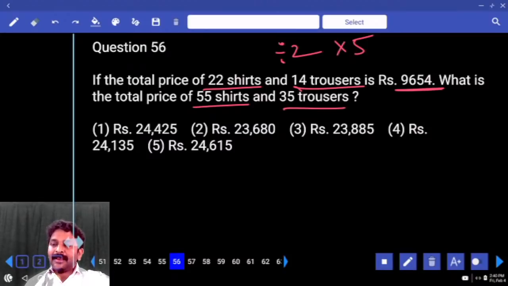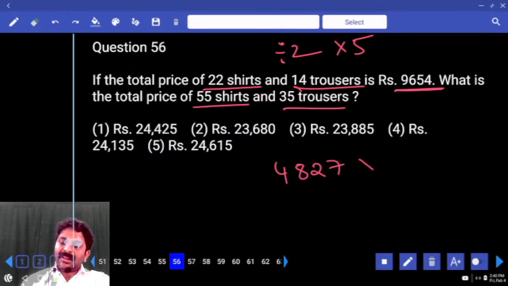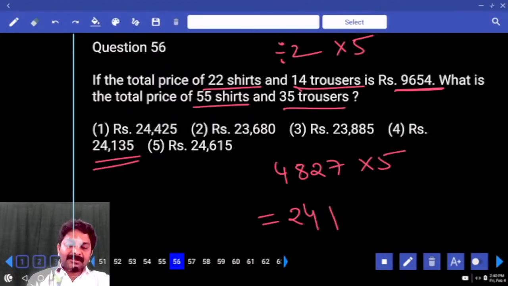Correct? Right. So now what is divided by 2? 4, 8, 2, 7 and into 10 times, and make it half only. Half of that number. 2, 4, 1. I am done with my answer. You know that your answer must start with 2, 4, 1. And there is only one option which starts with 2, 4, 1. If you calculate exactly, you will get